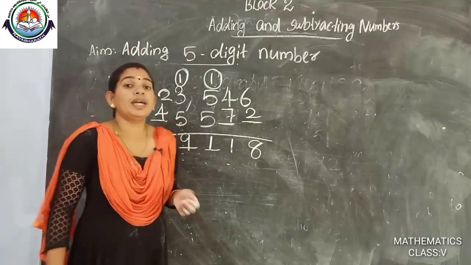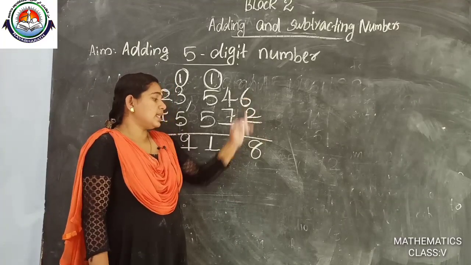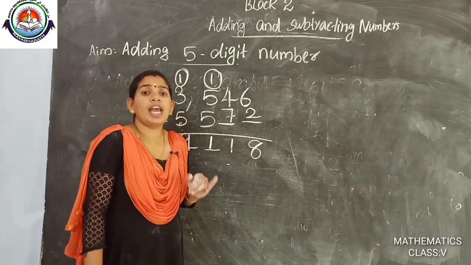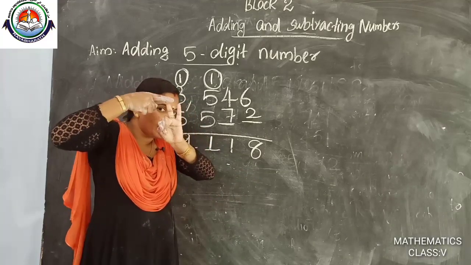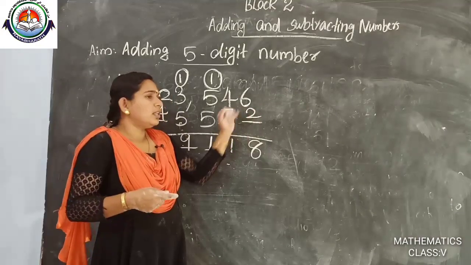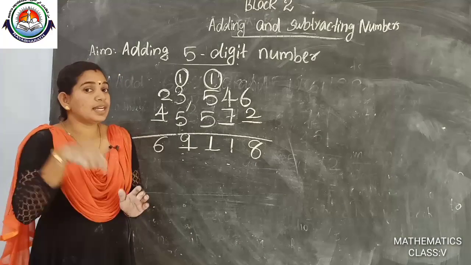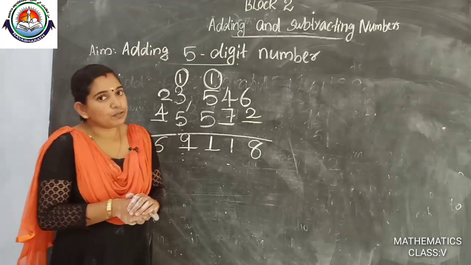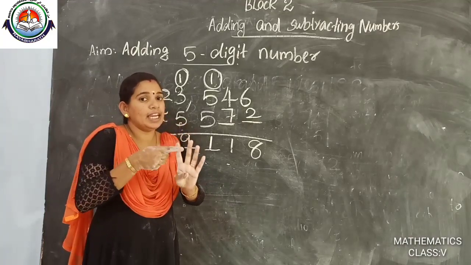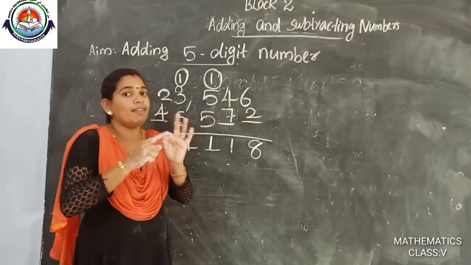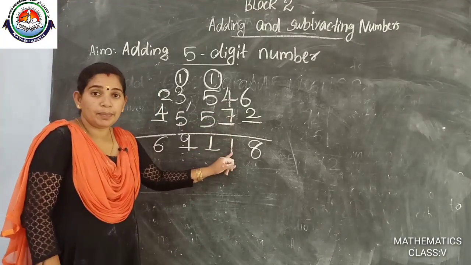Here these 3 places are blank and these 2 places are blank. So we want to find the missing digits. First place 6, the answer is 8. Which number are we adding to 6 to get 8? 7, 8. How many fingers? 2. We are writing it here. Then which number are we adding to 4? We will get 1. Is it possible? No. We are considering 11. Which number added to 4 gives 11? 5, 6, 7, 8, 9, 10, 11. 7 fingers. Then 4 plus 7 means 11.